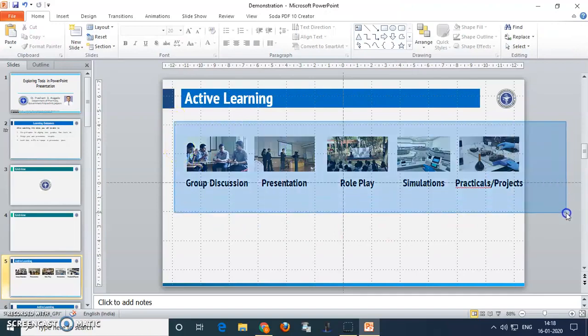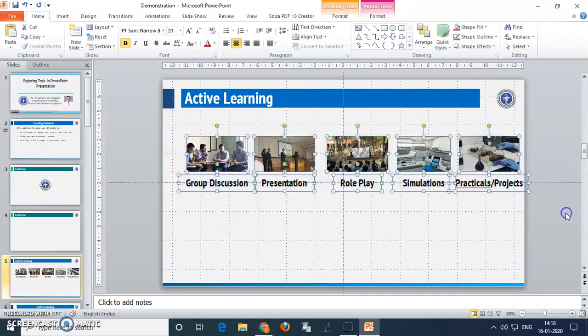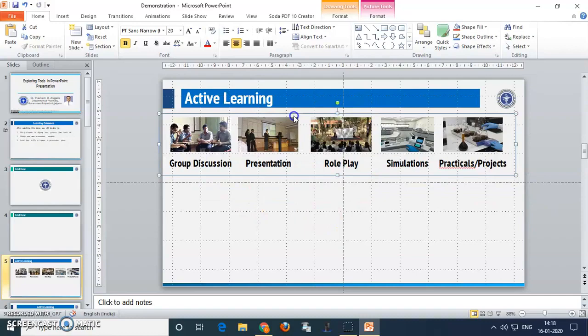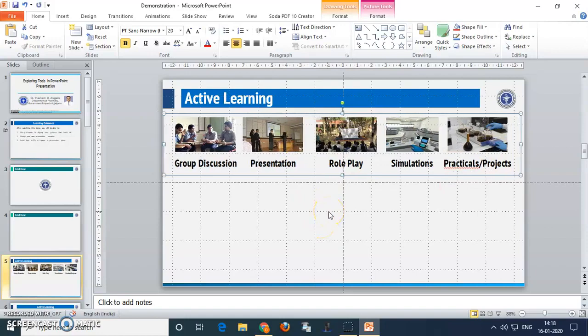Once all the things are in line, select all of them and just press Ctrl G. It will give a group. So there is no need to select single text or single images. Once it becomes a group, it is very easy to keep it in center alignment.